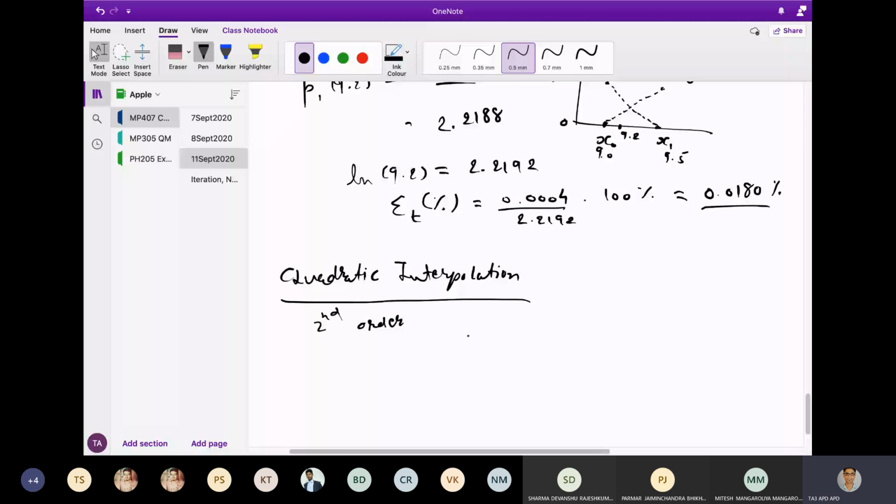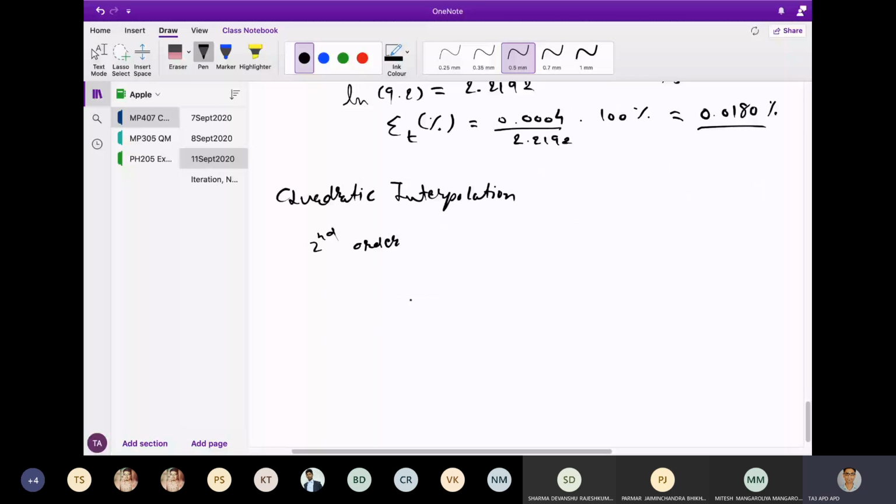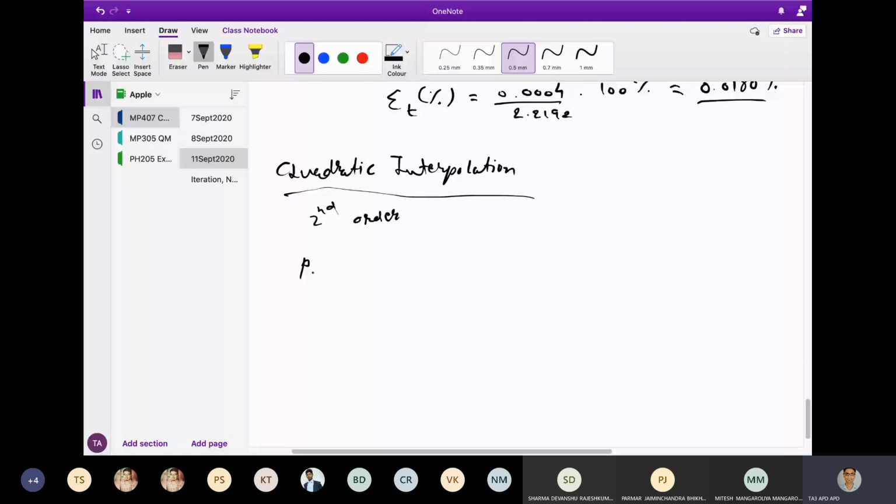Quadratic interpolation simply means you are increasing one more degree of polynomial. So we are having one more degree of polynomial, P2. So P2 is equal to, initially we had the first order polynomial L0 F0 plus L1 F1. We'll add one more, L2 F2,